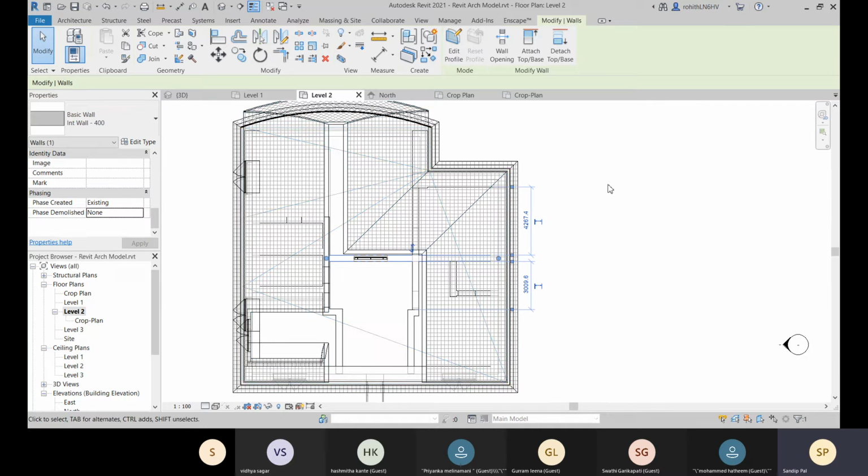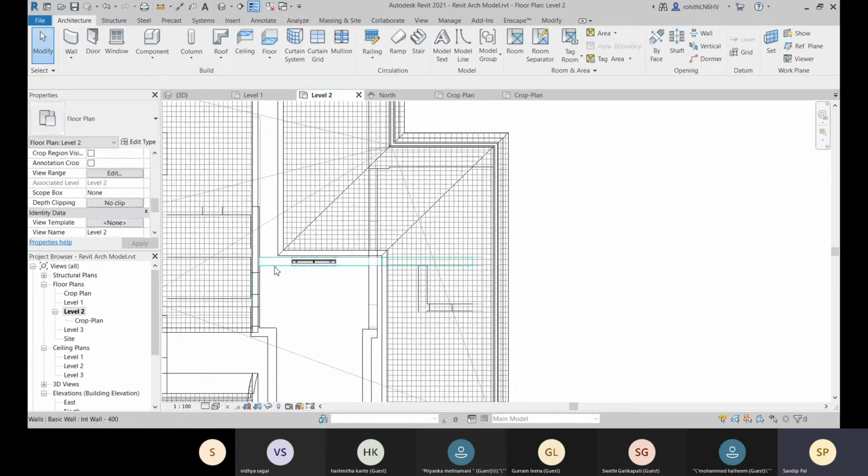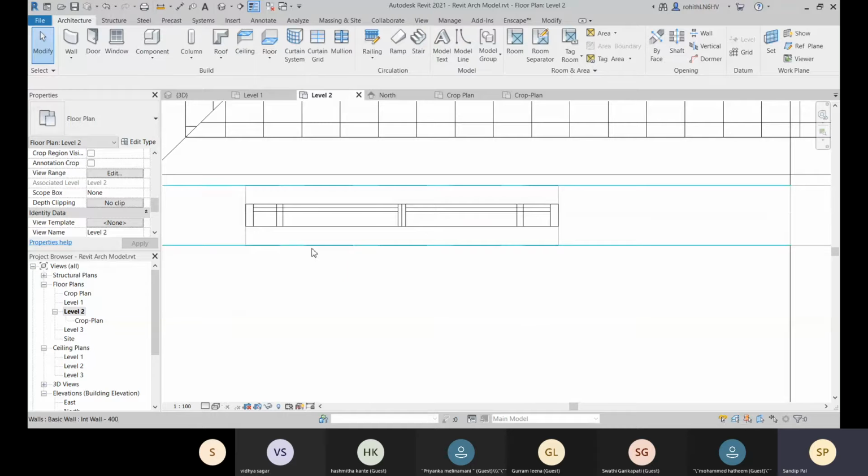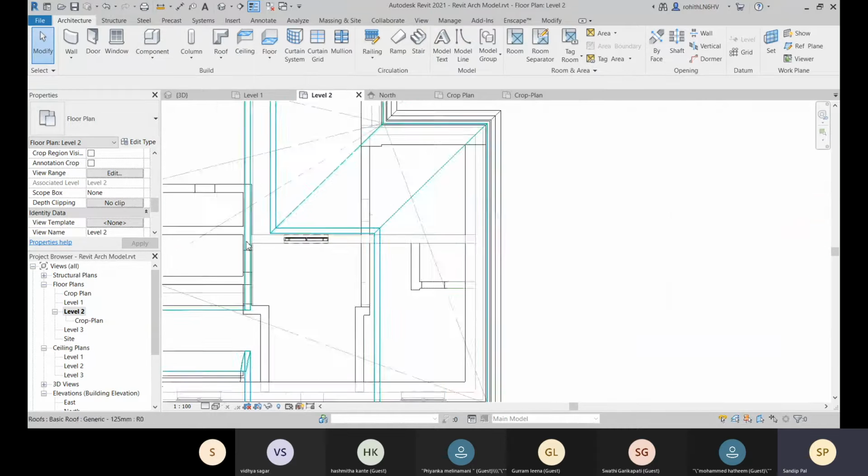So when you are creating, by default, all the elements are defined with this new construction phase, because you are newly constructing all these elements. Okay, so now you can see that this is within this dotted color, right?